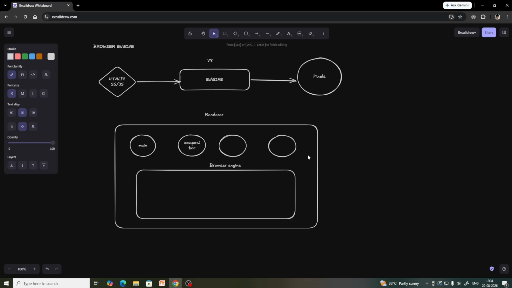So what is this compositor thread? Basically it takes the layers, the painted bitmaps, which are done by the main thread, and then composites them and shows them in the UI. The compositor also handles the scrolling and animation without touching the main thread. Okay, so the scrolling and the animation are all done in this compositor thread. Then comes